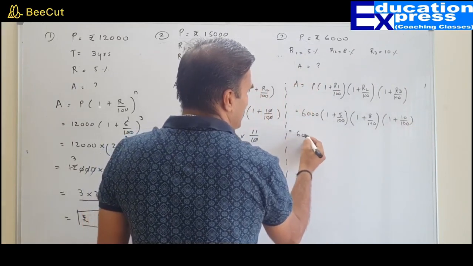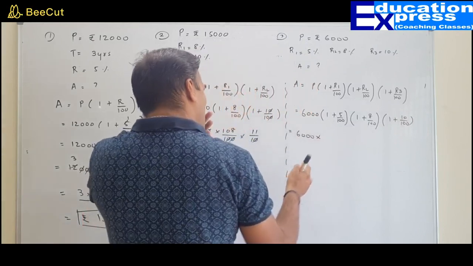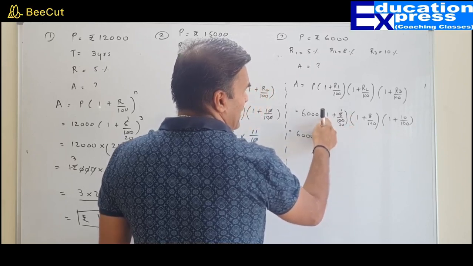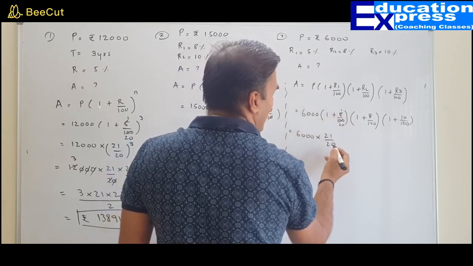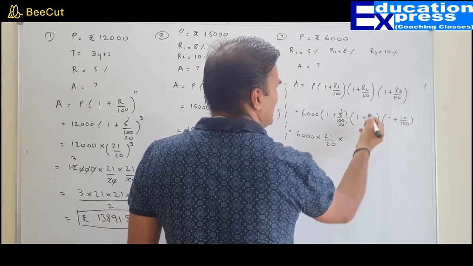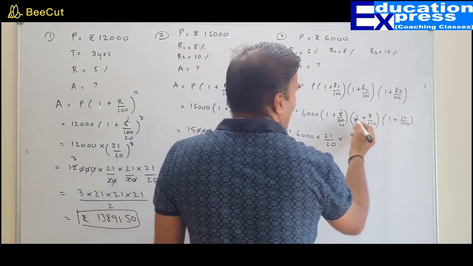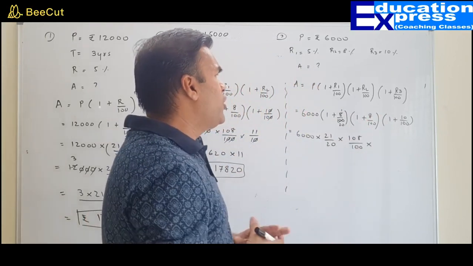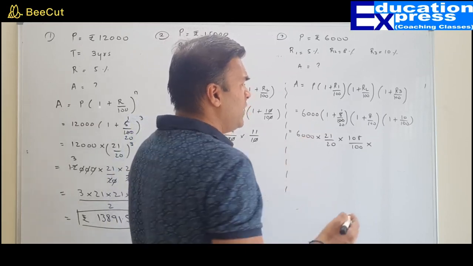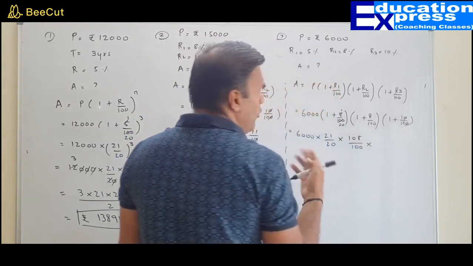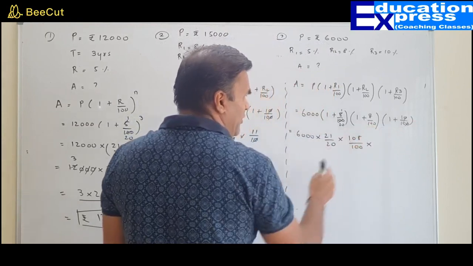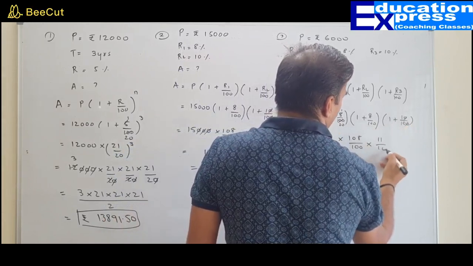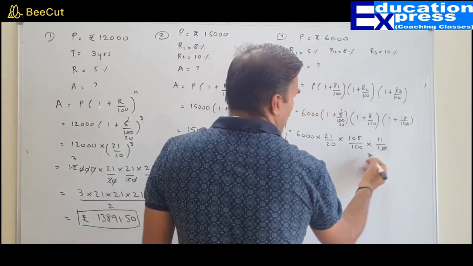What do we do now? 6,000 multiplied by... Sir, I want to divide here because this is getting completely vanished. So 20 plus 1, 21 upon 20. It's okay if I don't divide because this 8 will not get eliminated completely. So it becomes 108 upon 100. This is simply your choice. You can do the calculation however comfortable you feel. I am always of the opinion of preserving this 100 because that is an easy calculation. Alright. So 10 plus 1, 11 upon 10. How many zeros? 1, 2, 3.